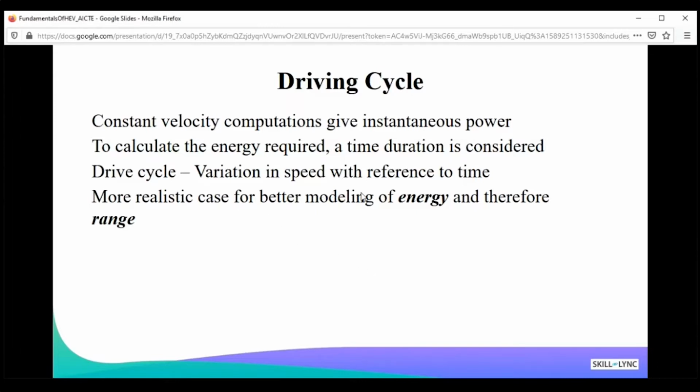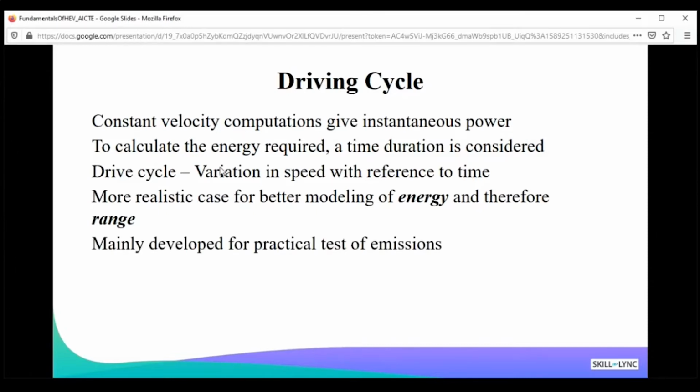Speed versus time. Let's say I'm going to run my simulation for 30 minutes, and 30 times 60, so let's say 1800 seconds. Sorry, 900 seconds. For 30 minutes, we need to understand the variation in speed every second, right? So here we define the speed at every second, and that is how we simulate the vehicles. The system level simulation of the vehicle is done using the drive cycle data.